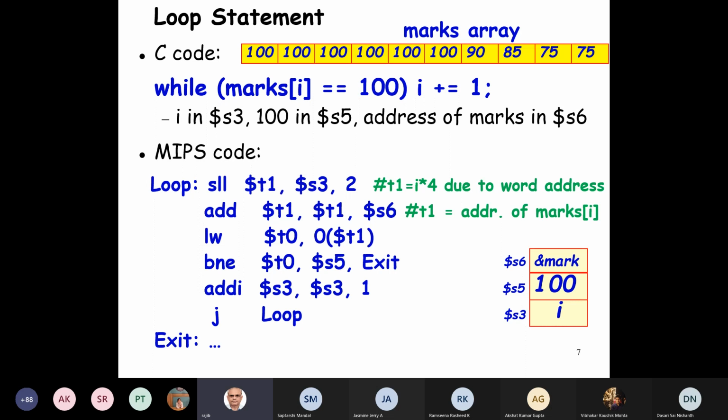And if the loop condition is satisfied, here we are checking branch not equal to. S5 stores 100, see here. And the address of the array is stored in S6. And i, which is both used as the loop variable and also the number of students who have got 100 marks, is stored in S3. Initially, S3 is 0.